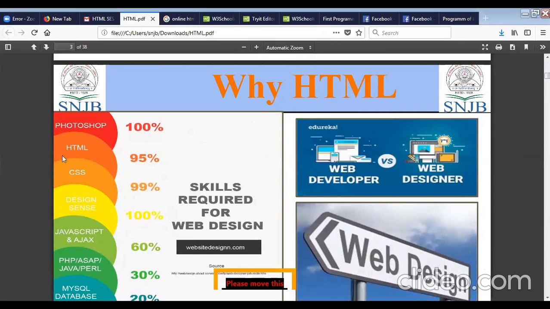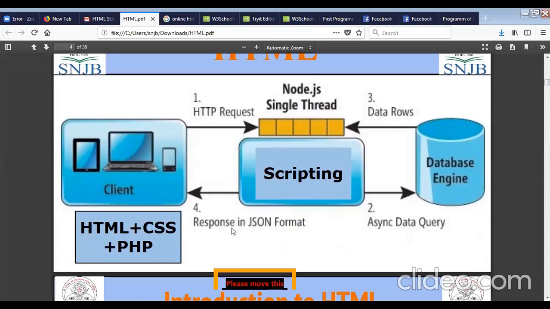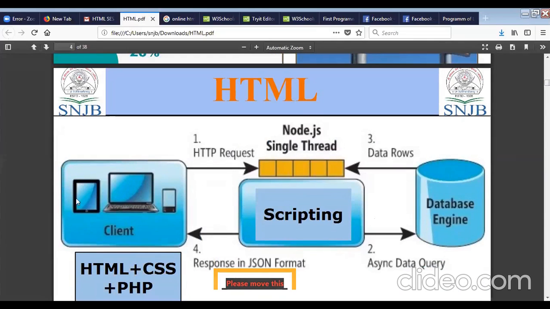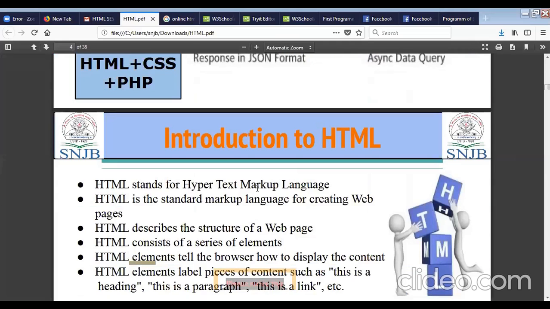So this much skill you will require to become a web designer. Not only web designer, for becoming a successful web designer. Okay, first point we have seen how the flow of web development will go. Then we will start.